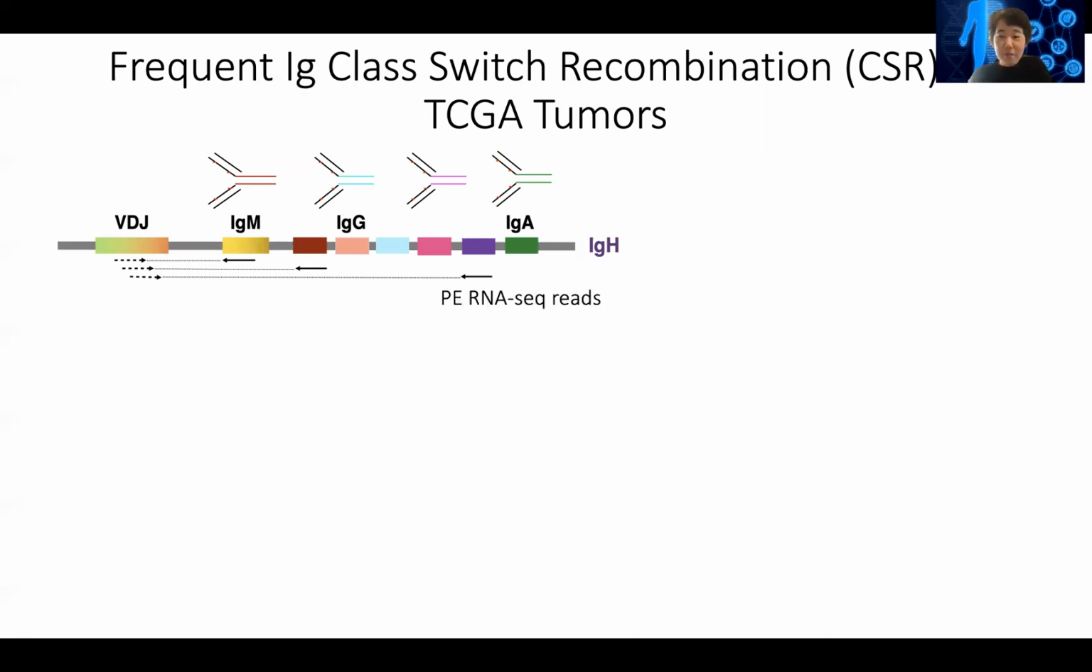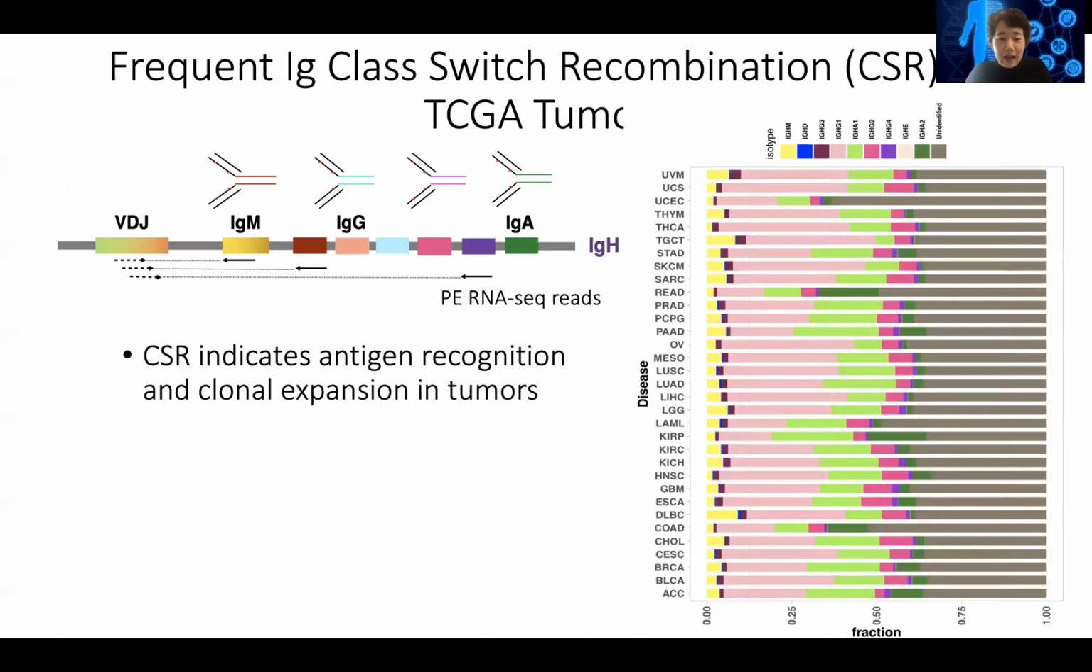Nowadays, most people do RNA-seq with paired-end sequencing, so very often we can assemble the VDJ sequence from one end of the read, and we can figure out what the constant region is from the other end of the read. And so normally in the tumors, we see these types of